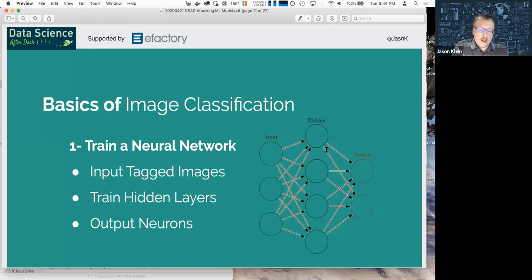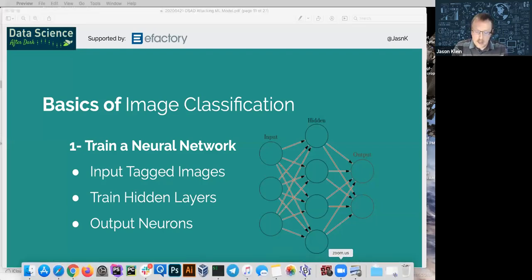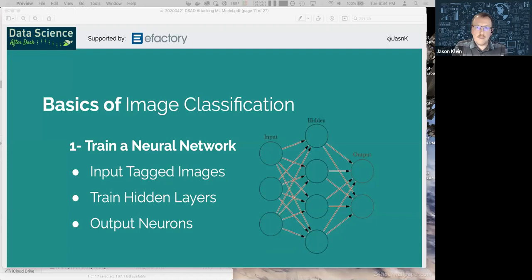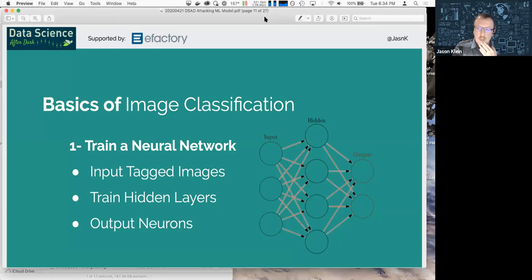Now I'm going to cover very briefly how image classification works, but before I do, are there any questions? I apologize, somehow I've lost the participant list. Oh, here we go. You're welcome to raise your hand or just speak up if you do have anything. Otherwise, I'll keep trucking along and we'll have plenty of time for Q&A at the end too.